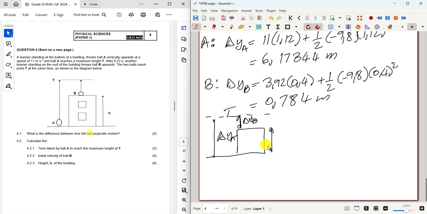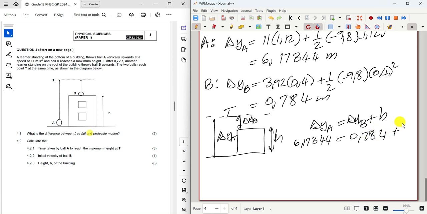So before that, you will agree with me that delta y A is basically delta y B plus the height of the building. Do you guys agree? It is right. So we know this one was 6.17344 and this one is 0.784 plus the height. Therefore, we can say the height is